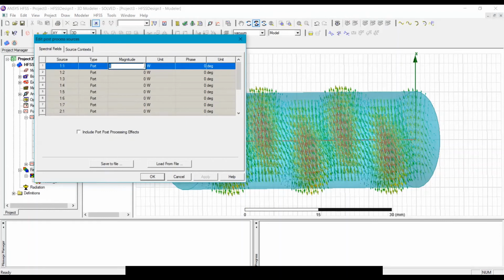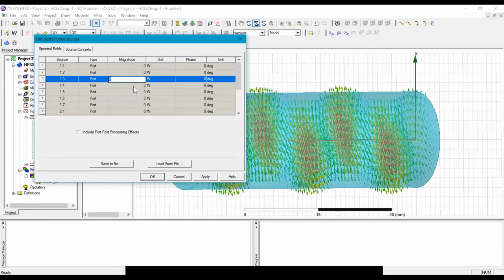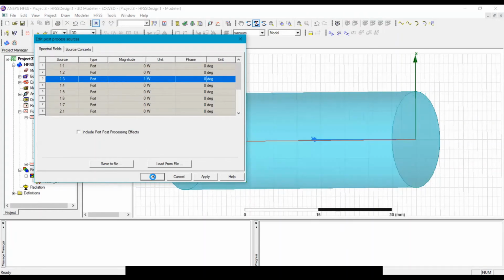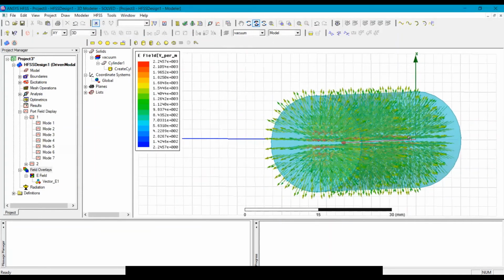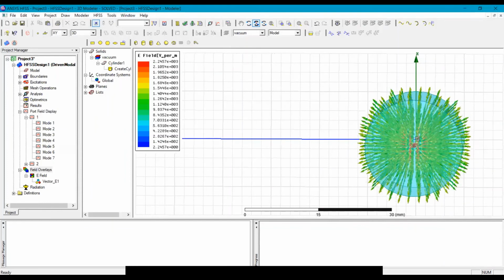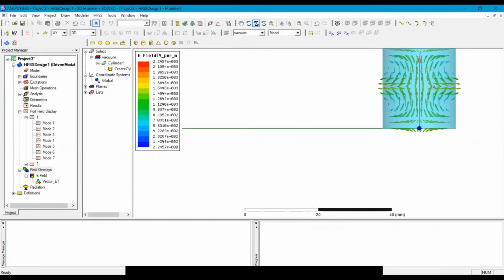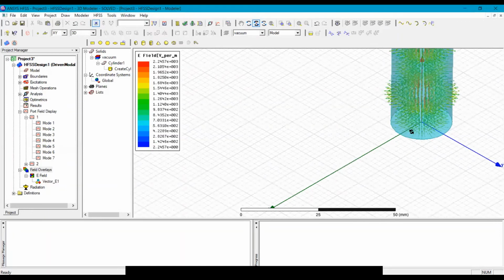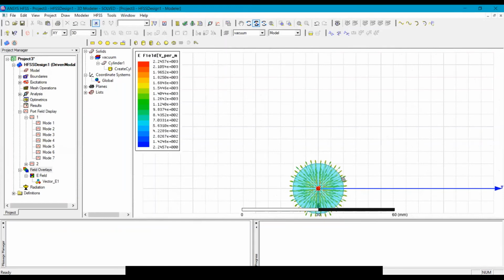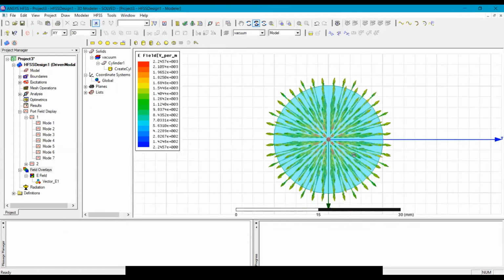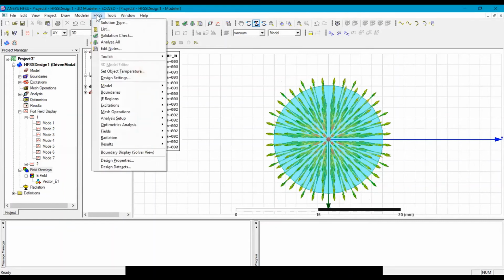I am assigning the third mode to be high, and here you can see for the third propagating mode it is symmetrical. So the third propagating mode is symmetrical, and we will see the animation for this mode.